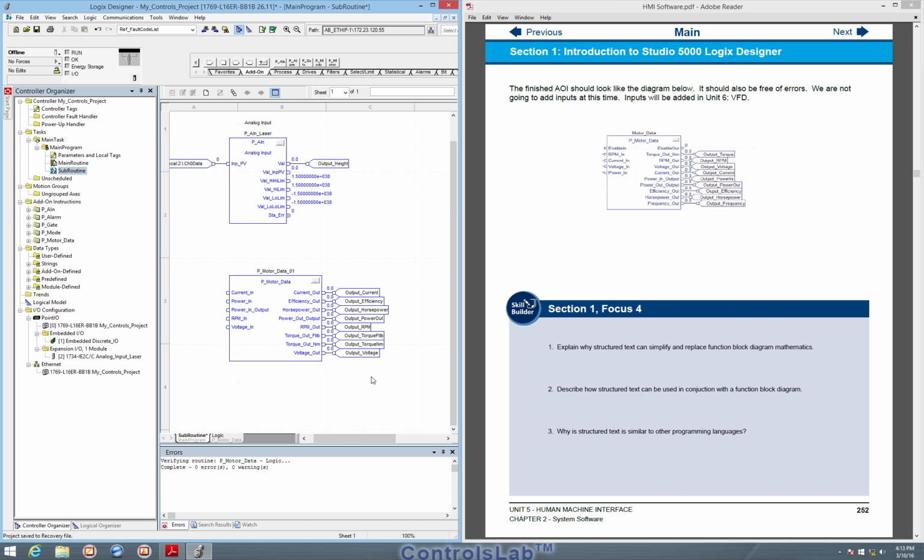So now that we have that set up, our new motor data add-on instruction is ready for calculating those values for us based on inputs that it gets from the drive, which we will set up in chapter 6. So that is it for using an add-on instruction to do function block programming within